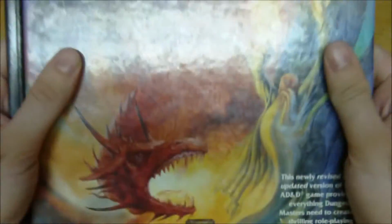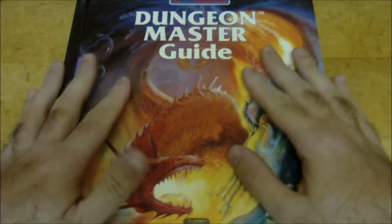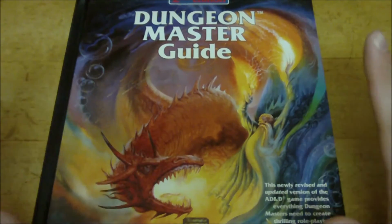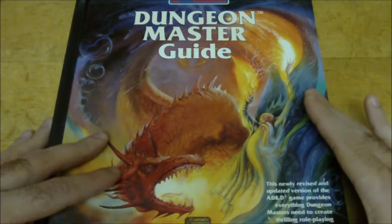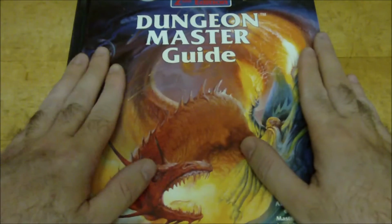Alright, and I keep losing track of the number in my head, so 10, 9, 8, 7, 6. So number 5 is the earlier version of the 2nd edition Dungeon Master's Guide cover art. Now, part of the reason why I like this so much and wanted to include it on the list is the 2nd edition DMG is actually the first D&D book I ever owned. It was given to me by an acquaintance, and anyway, this isn't the exact same cover, or the exact same